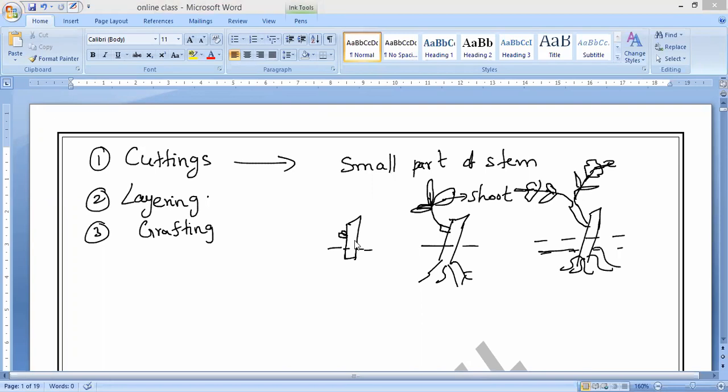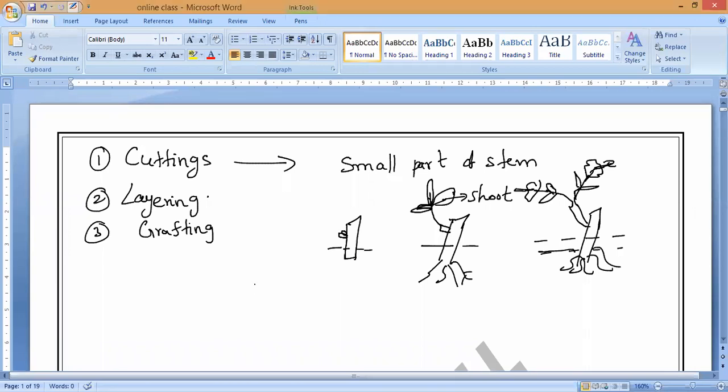We cut the stem of the rose and plant it in new soil. We bury one end of the stem inside the soil, then slowly it starts growing into a new rose plant. You can also take bougainvillea plants, chrysanthemum plants, grapes, sugarcane, banana, and cactus. These all come under cutting. So this is what we studied in the last class.